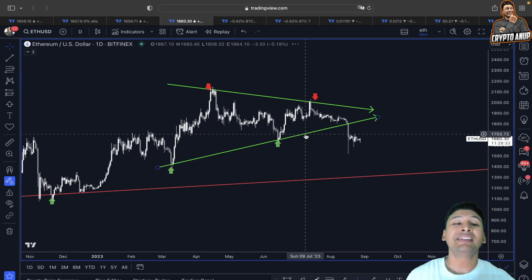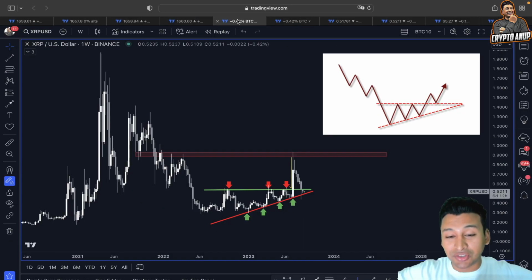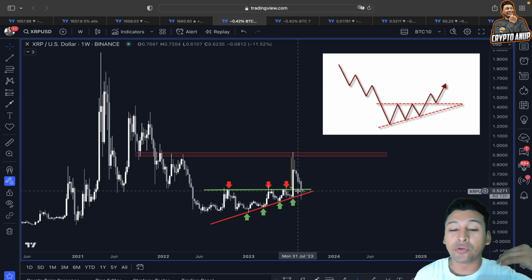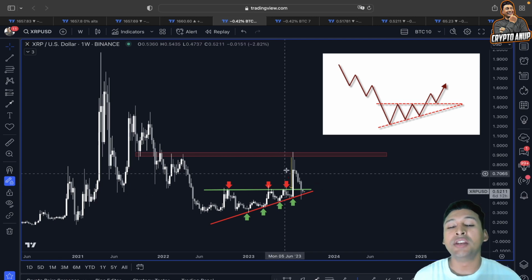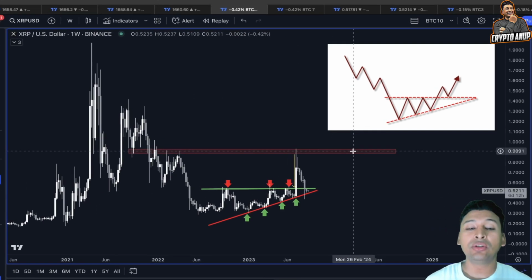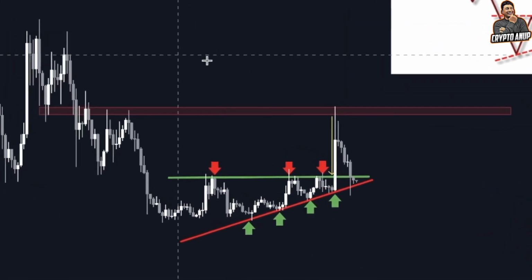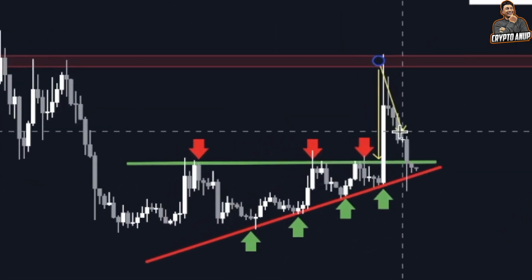Now beside Ethereum, let's also quickly look at XRP, because if you have followed my previous analysis, then this is exactly what I showed you. I mean, the price of XRP after breaking the resistance which we had around 54-55 cents could show another bullish continuation, and in that case this horizontal trend line will be looked at as our upcoming price objective. And this is exactly where we came, and this is exactly where the price got rejected.